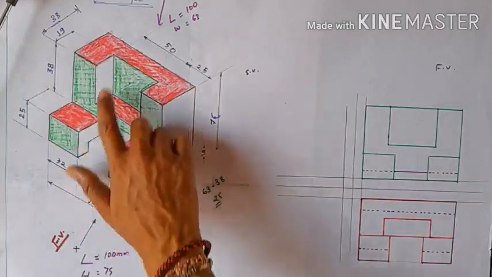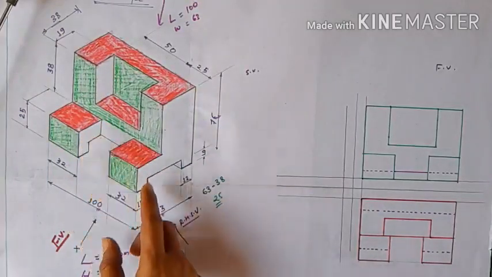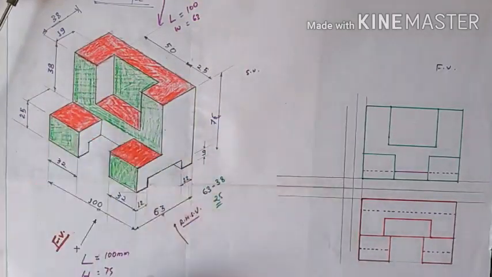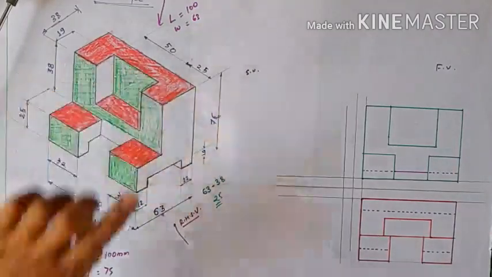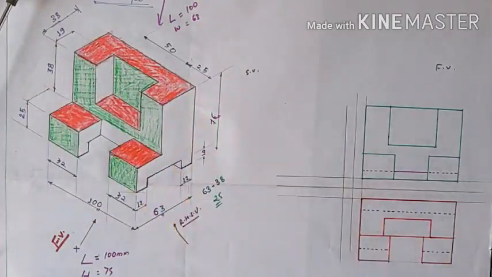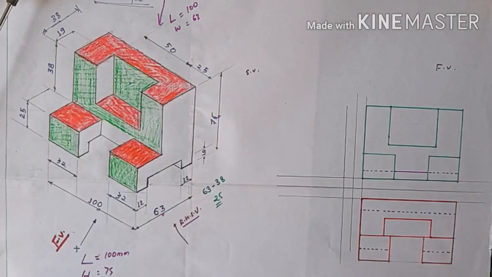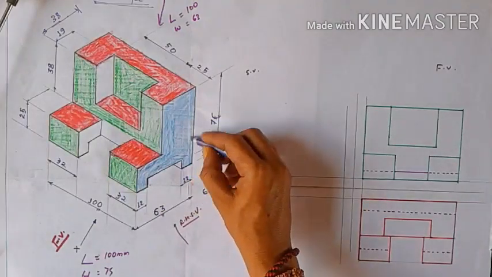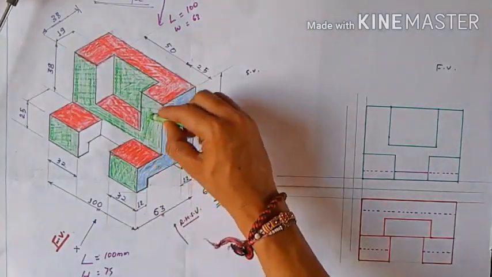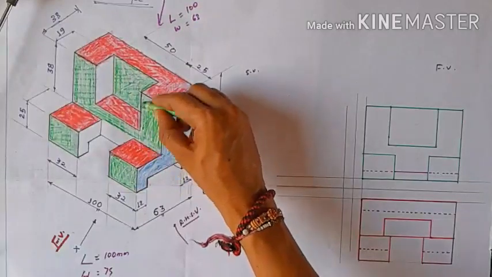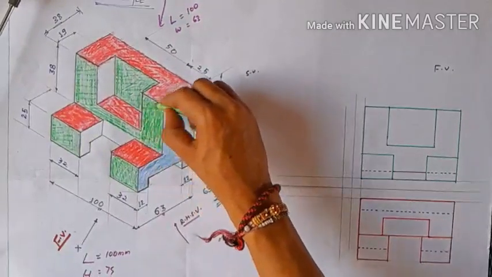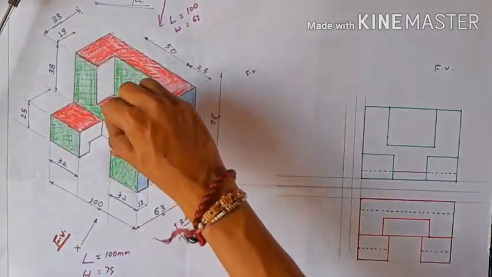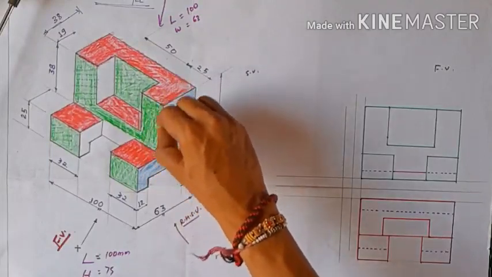This remaining white portion is not seen clearly, it is just the back side of this, and this is also the back side of this. So again we just draw these views. One second, I put color and make it complete. From the side view, only this line is seen, not this. This is the front view case. One second, I darken it so that you have no confusion between the front view and side view.